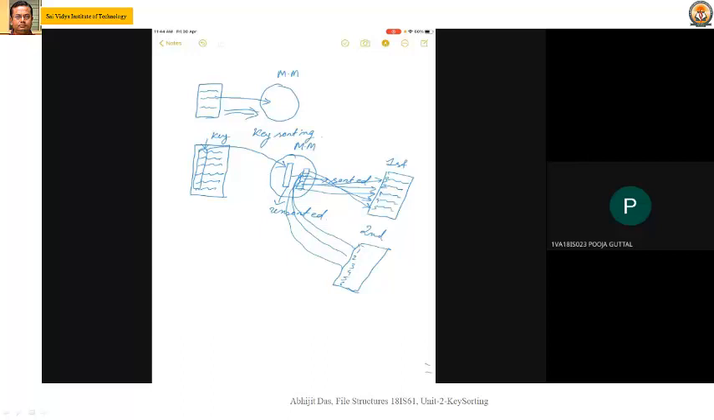So in key sorting, first we should create key nodes. The key node is going to contain two things. One is,